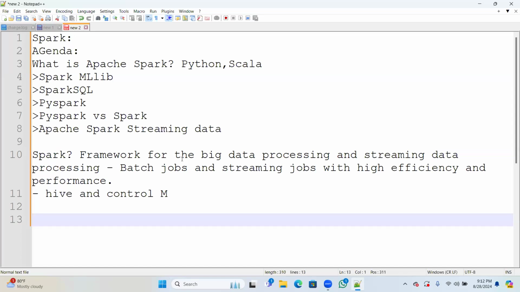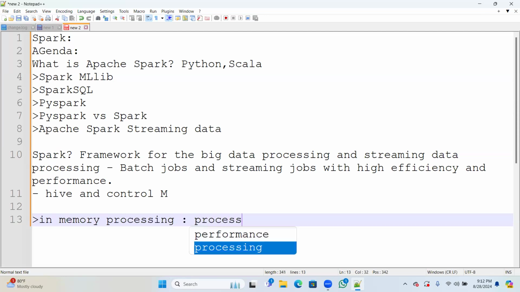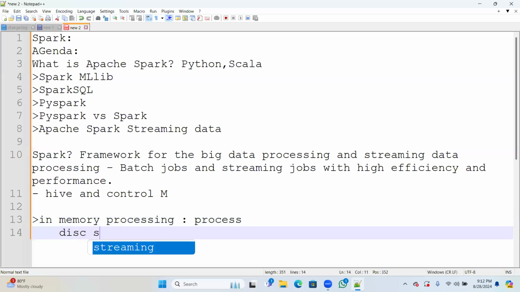The processing speed is significantly faster compared to disk-based systems. In disk-based systems, there is some dedicated memory; if it is allocated maybe 10 GB, it's a fixed one.